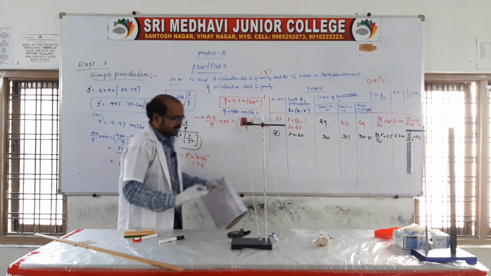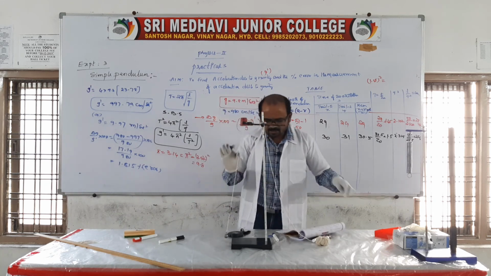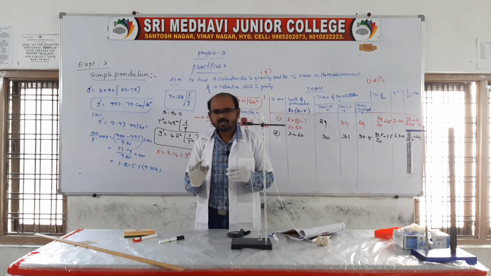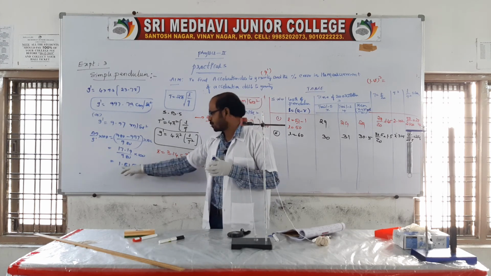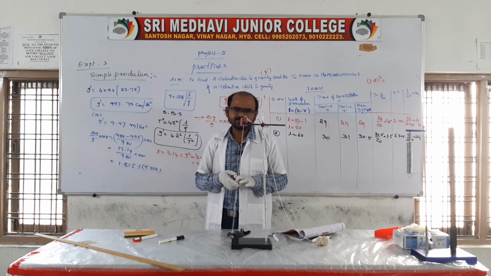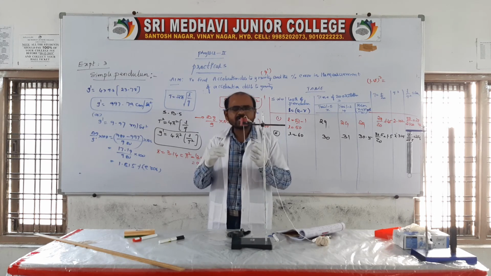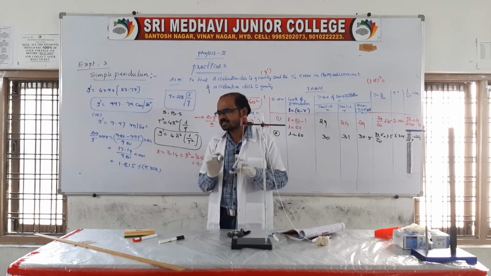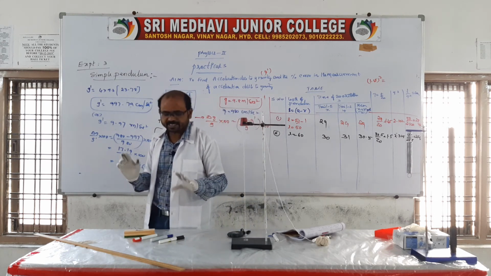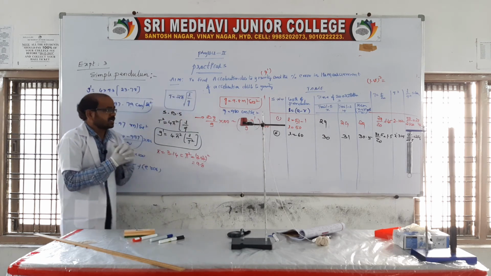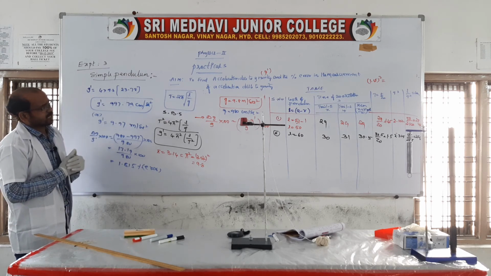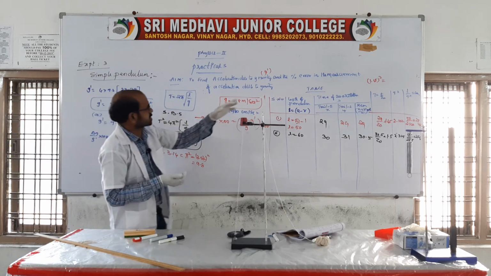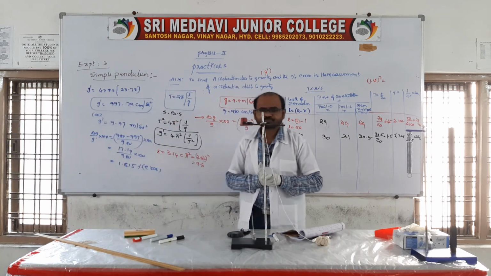At this place in our college, how much error is there in the acceleration due to gravity? 1.815 error is there. The average value we know is 9.8 on the earth's surface. Is it clear now? So to find the acceleration due to gravity as well as the percentage error in the measurement, we can do it like this.